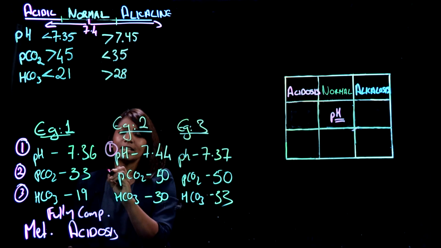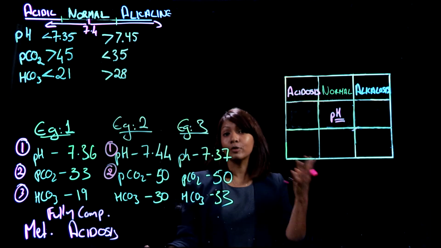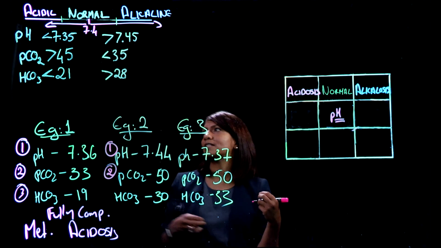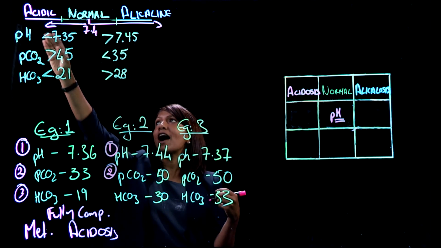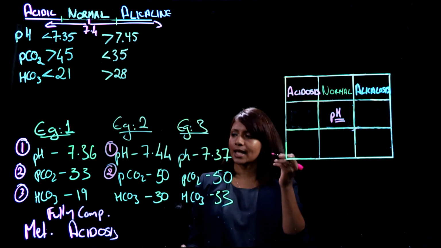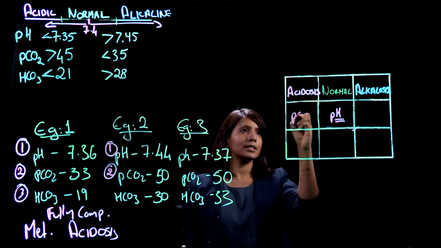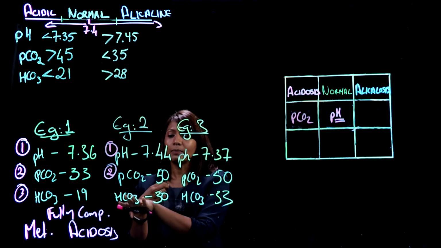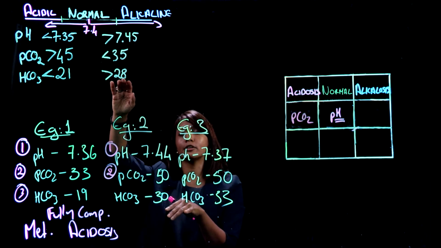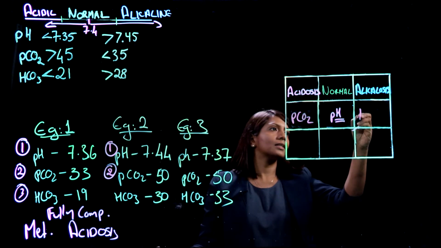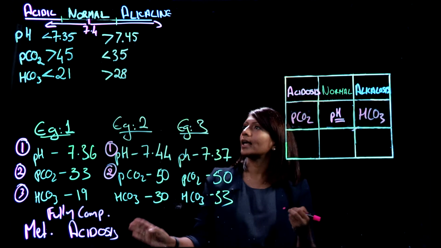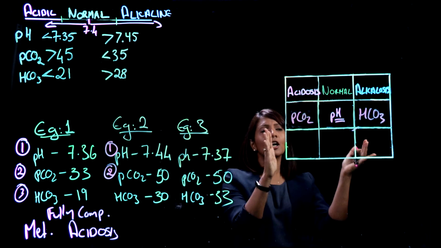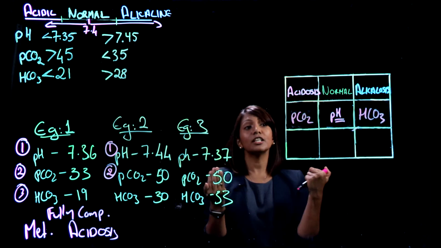So now let's see if this is a normal blood gas or a fully compensated blood gas. And how do we know that? We're going to check PCO2. PCO2 is 50, which is greater than 45. So PCO2 is acidic. And we're also going to look at the bicarbonate. The bicarbonate is 30, which is greater than 28. And the bicarbonate is alkaline. Okay, so this is a fully compensated blood gas result,